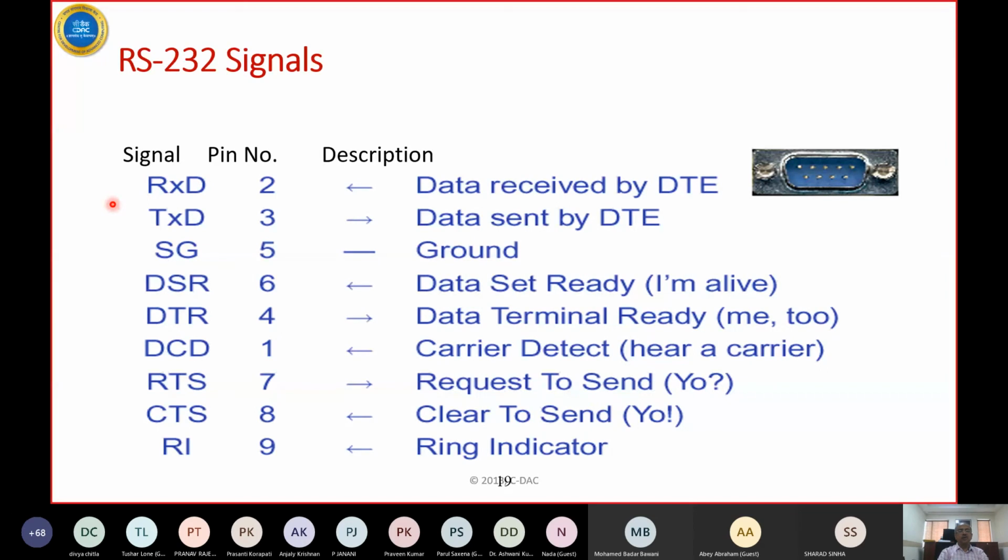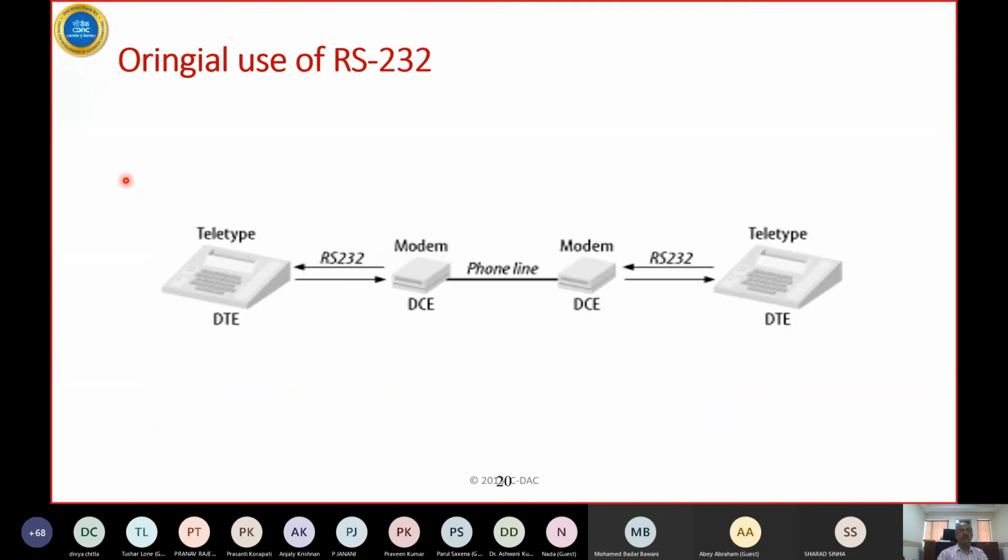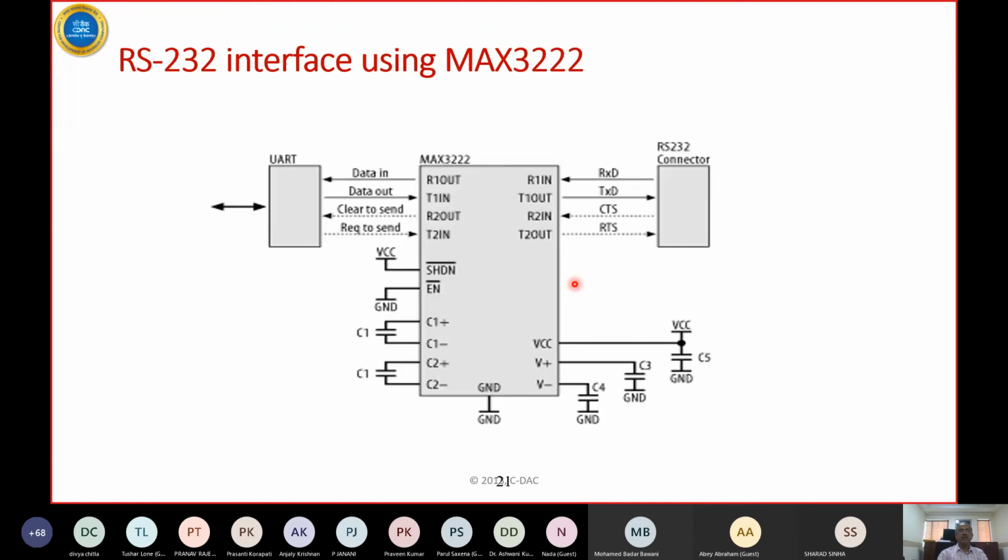So how does the signal go there? That goes over telephone lines, or they have their internal fiber optic links. So it's a WAN link. For that, you may use a modem or equivalent of that. So when you are sending it over a long distance, modem may come into the picture, but it is not required when the distance is 50 feet, which will be the case for most of us. So this was the original use, that you could connect data terminal equipment to what is called data communication equipment, which is a modem. That is only for academic purpose.